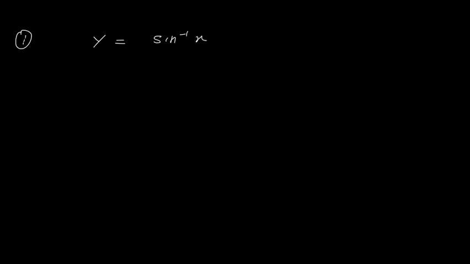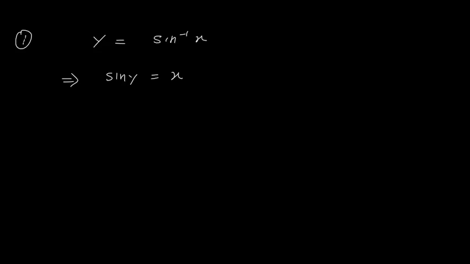Now, the inverse function exists. If y is equal to sine inverse x, then how do I find its derivative? When I say that y is equal to sine inverse x, it means that sine y is equal to x. An inverse function is just the reverse. Like if sine 30 degrees is 1 upon 2, then there is a function sine inverse 1 upon 2 which will give the result as 30 degrees. We can say it is just the reverse, like square and square root. Similarly, we have a function and an inverse function.